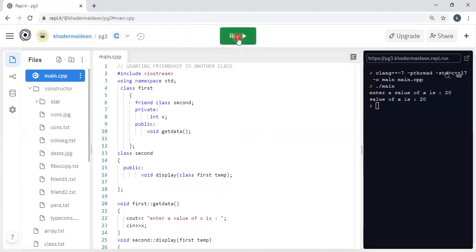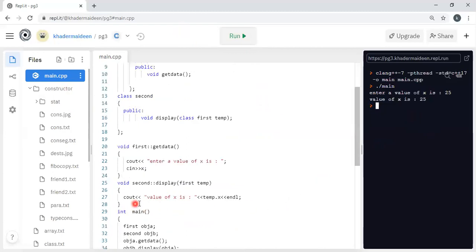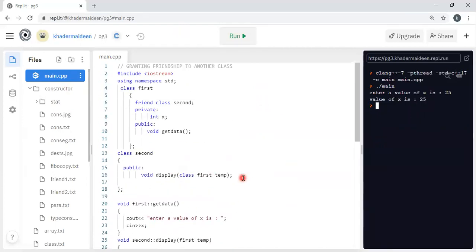I execute this program. Enter the value of x. Okay, 25. The value of x is 25. So the value of x is 25, which is displayed in class second. So this concept is called granting friendship to another class.